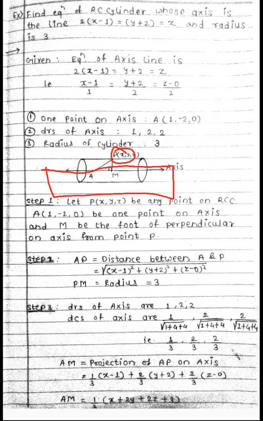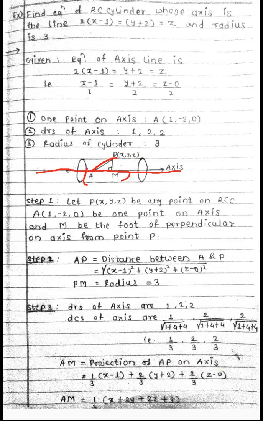So whatever the shadow image of P is, if we want to find it out, it looks like the M point. It is exactly the M point on the axis. That means the shadow image of the P point on the axis itself is M. So we call this AM exactly equal to the projection of AP on the x-axis. Clear here, student? Projection means that we are finding the shadow image of this AP line on this axis. So we obtain that distance as AM.